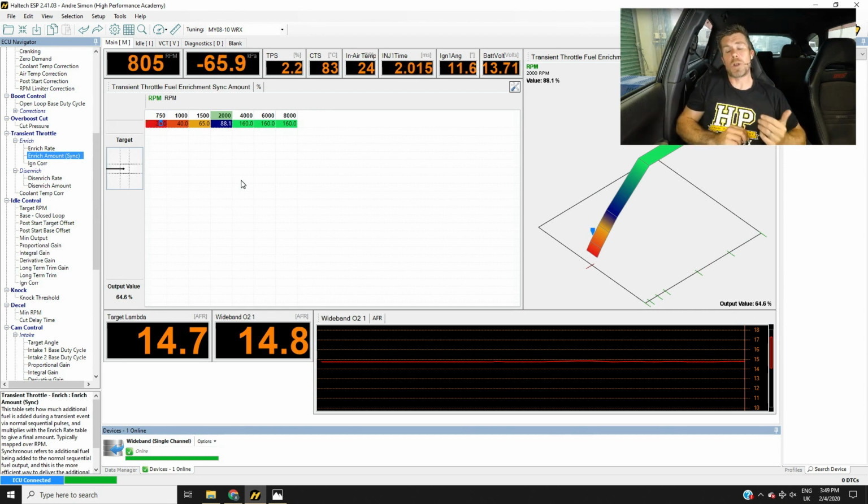Two-dimensional table this time relative to engine RPM, and essentially within this table we are defining how much additional fuel is going to be delivered, and this, as I mentioned, gets multiplied by the value from our enrich rate to define the final amount of fuel to be delivered. Sounds a little bit complex, but when you actually go through the process, reasonably easy. Just need to understand the interaction between those two tables,